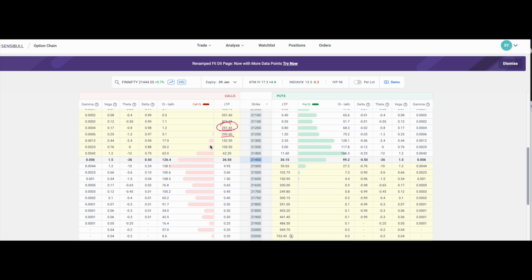The higher premium you're paying is because the chances of you achieving the target from the current market level are better. Even with a slight momentum, you will start seeing profit quickly when you choose these strike prices. Whatever I explained about FinNifty, the same thing is applicable for Bank Nifty, Nifty, or any other index that you're trading.